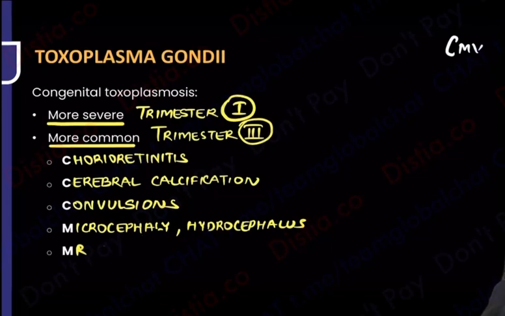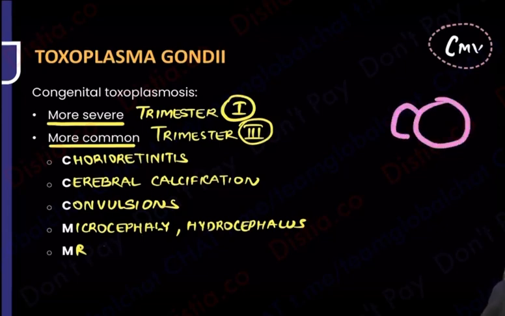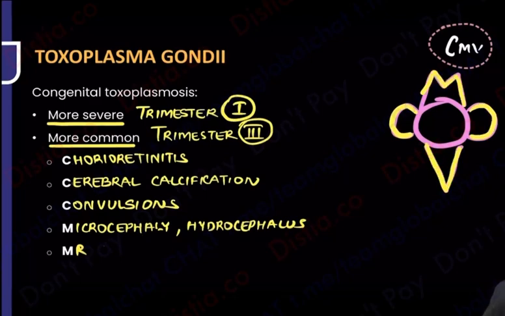I have told you a way of writing cytomegalovirus. I told you that make a round face, write the C like this. This is the C, this is the M, and this is the V. That is cytomegalovirus. Repeating, we've written the C, then we've written the M, and then we've written the V. So what are the things that are common between cytomegalovirus and Toxoplasma? Let me see. With the C, I realize that there is